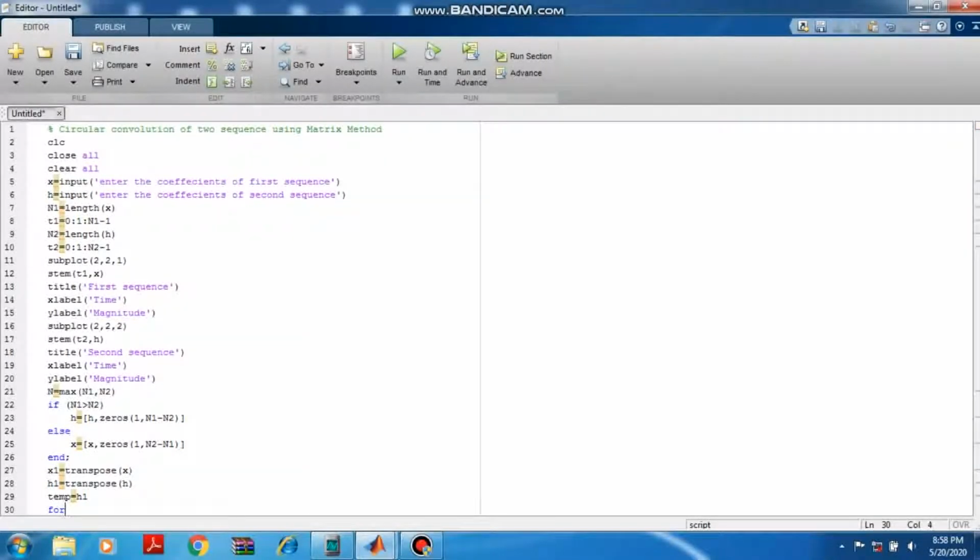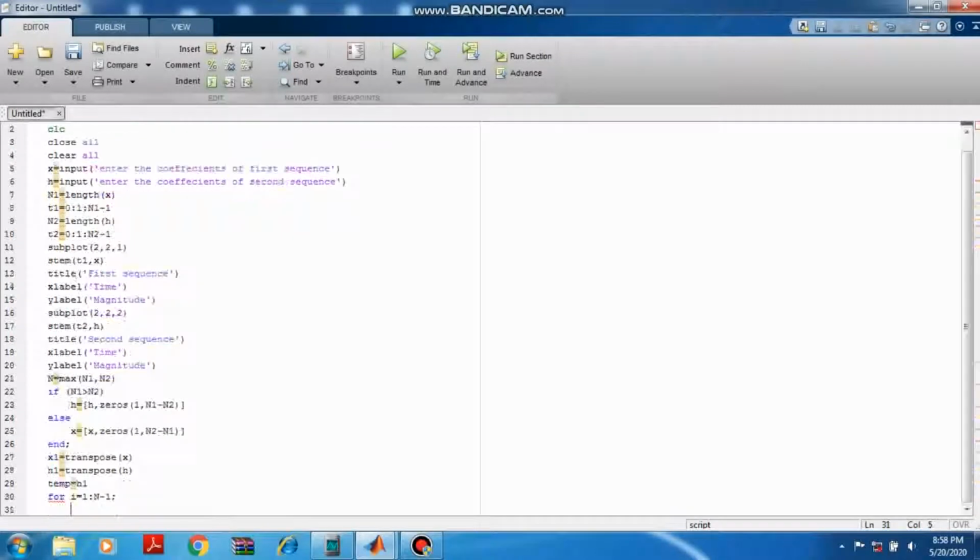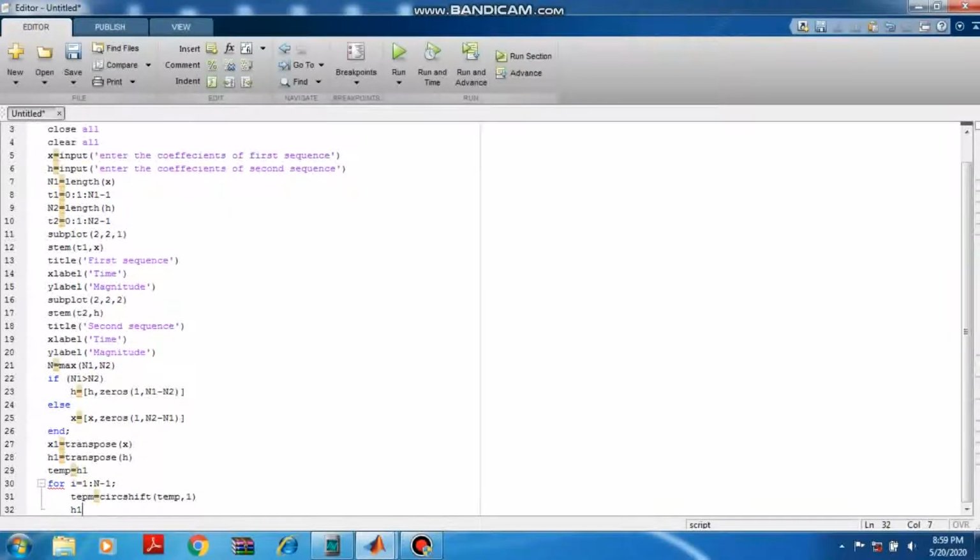Now for i equal to 1 to n minus 1, temp equal to circshift(temp, 1), h1 is equal to horzcat(h1, temp), end.